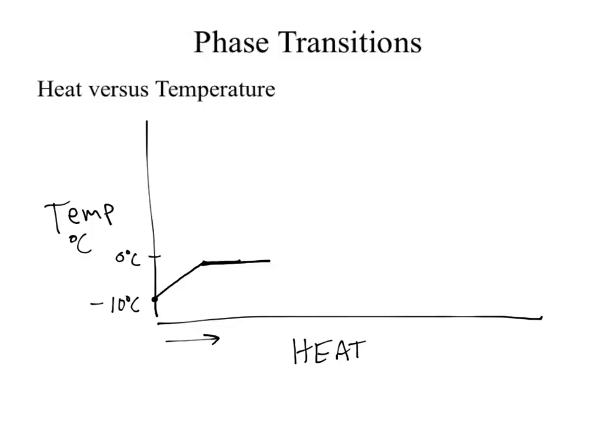Now what happens as I add more heat? The temperature increases. It'll go from 0 degrees Celsius water to 1 degree Celsius, 2 degrees Celsius. So it'll start to go up again until what happens? We hit another phase change at